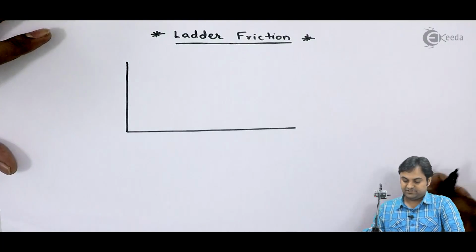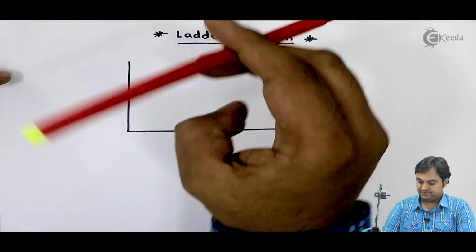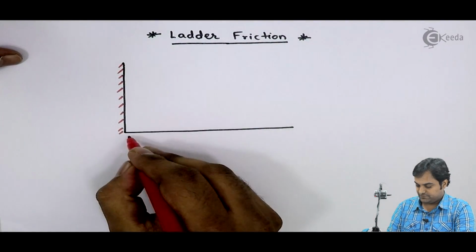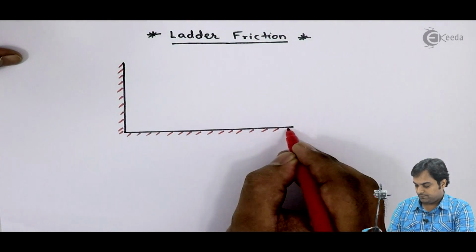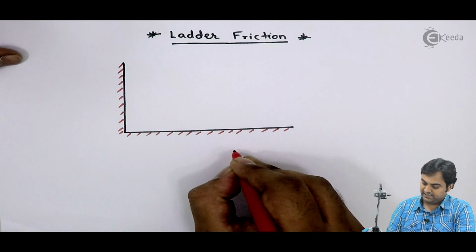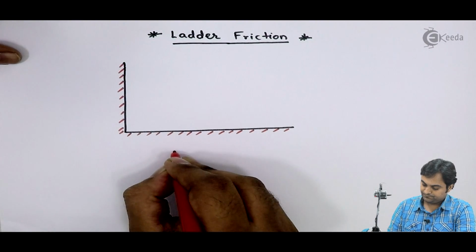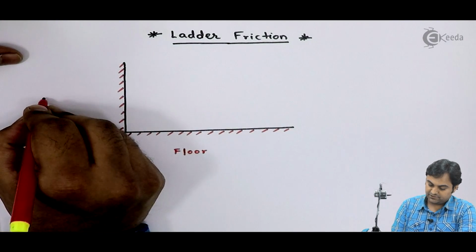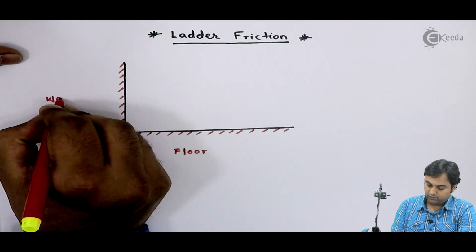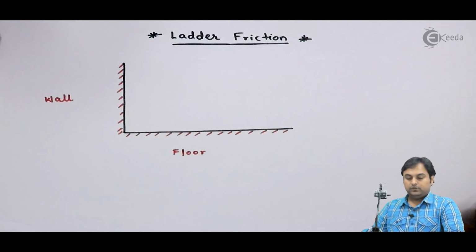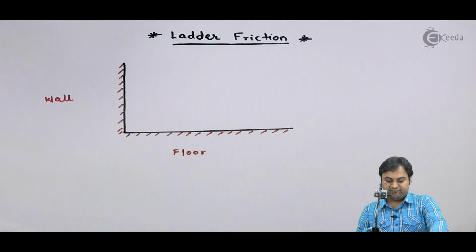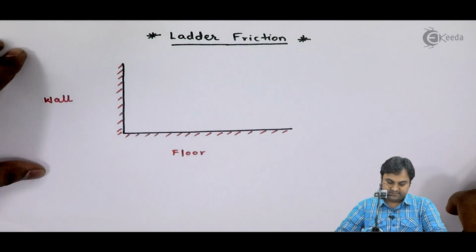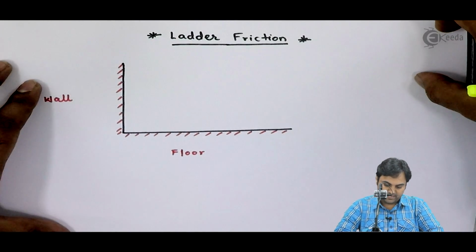Suppose we have two surfaces, the vertical surface and the horizontal surface. The horizontal surface I'll call a floor. The vertical surface would be called a wall. Now, as we know, if we have a ladder, it has to rest against a floor and a wall